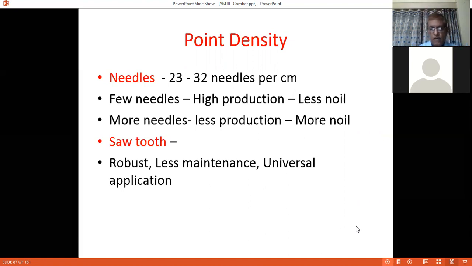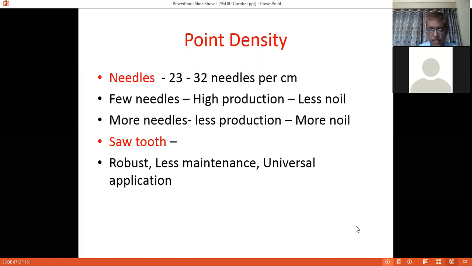So it depends upon our requirement and what are our quality requirements, how much production we want, what kind of cotton we are processing. So depending upon these factors, we can have the needles per centimeter on the half lap or cylinder comb. Nowadays, sawtooth clothing is used because needles generally clog with the waste. There is a need to clean them, but